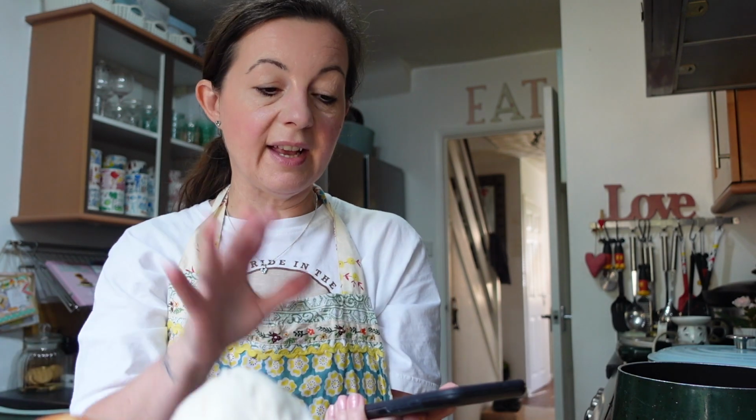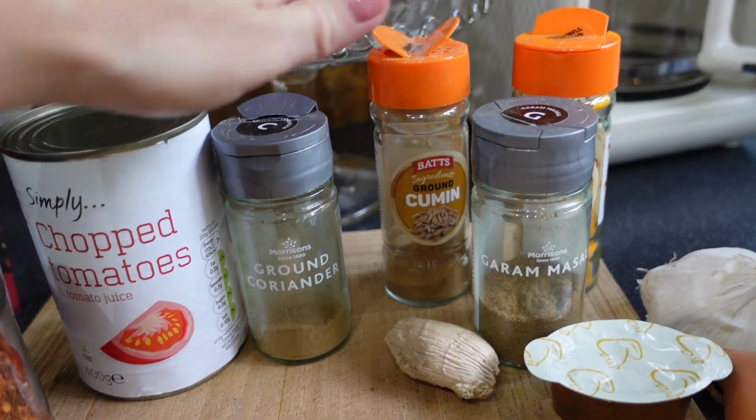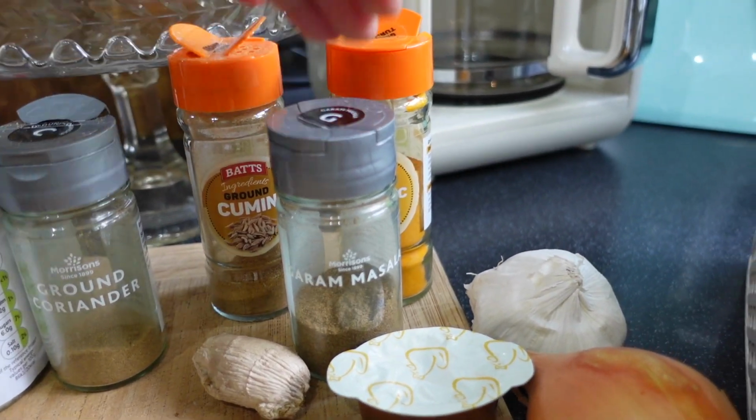Let's just go down to the ingredients. I'm going to get everything out, show you what I've got, and then we're going to stick it in the slow cooker. I think it's meant to be a stove one, but I just fancy leaving it in the slow cooker and forgetting about it all day. So here's what I'm using: some chili flakes, tin of chopped tomatoes, ground coriander, ground cumin, garam masala,